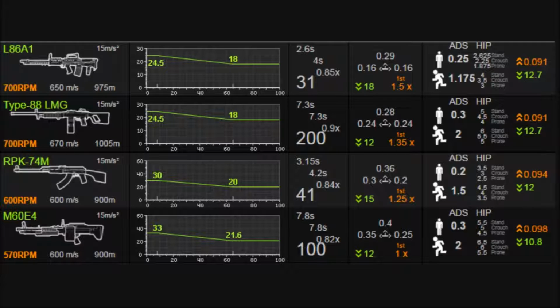Once again, they're arranged in order of rate of fire, and you can get LMGs with rate of fires of 800, and in fact the M249 very nearly made it onto this list. But I chose the Type 88 for a very special reason, and that is the fact that I like to refer to this as a sniper of an LMG. Now, although it hasn't got a low first shot recoil multiplier, and it has got the second longest reload out of all the LMGs here, only beaten by the M60E4 by a couple of seconds,